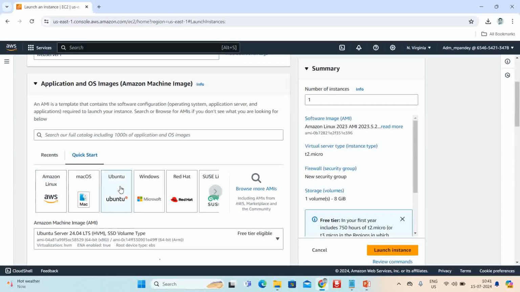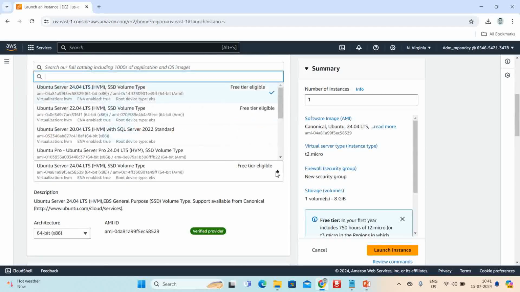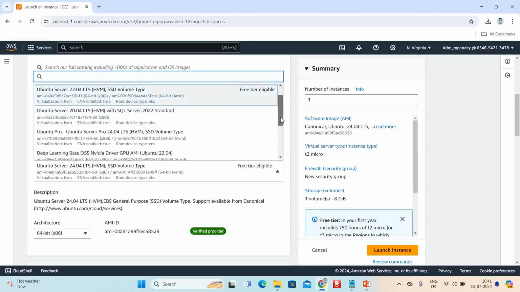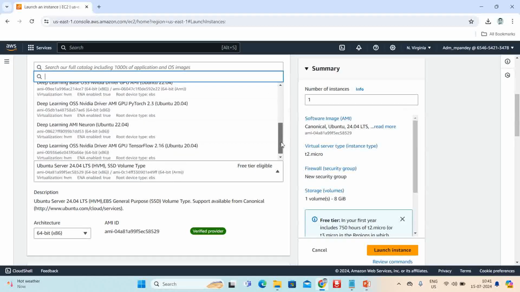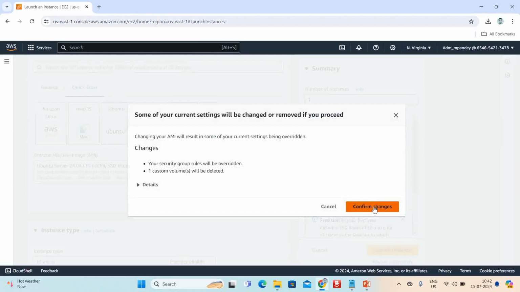and a lot of flavors are available here. They have predefined SQL server installed, right? So as per your choice, you can choose the machine image. In my case, I am choosing the Ubuntu server, this one,